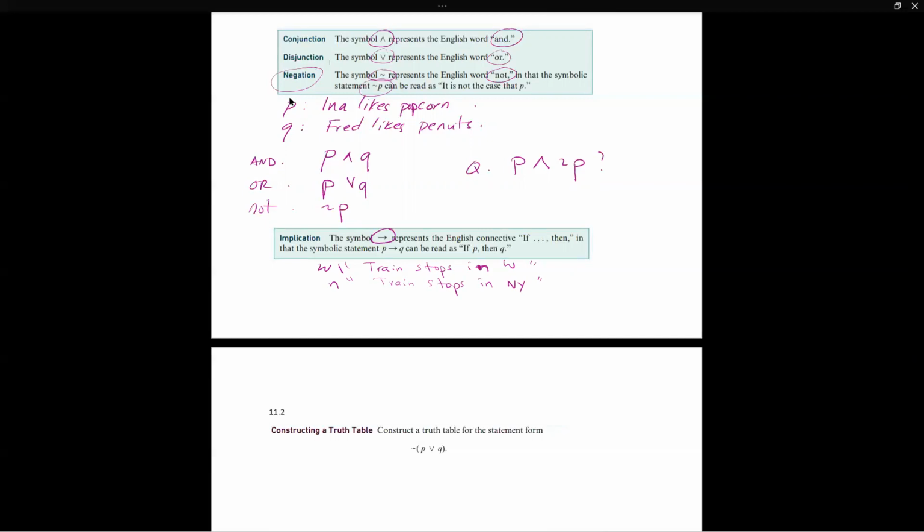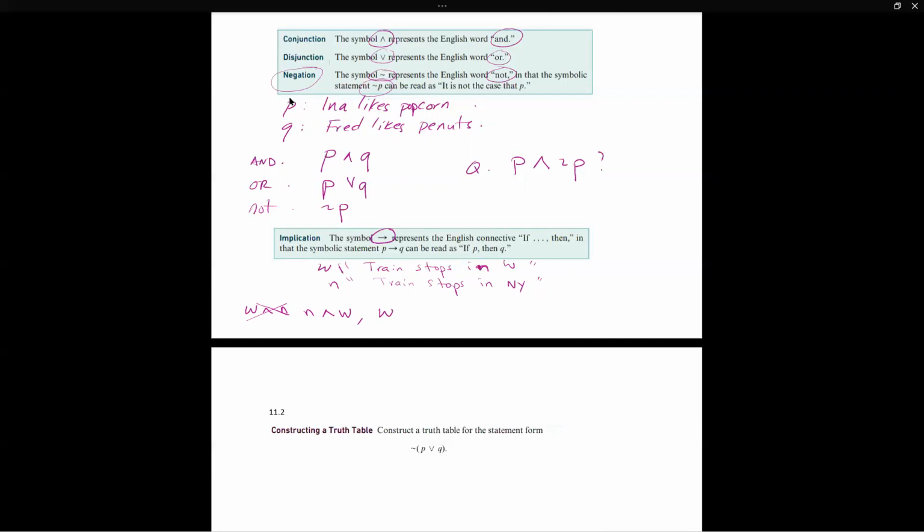So that should be no problem. But let's look here. I'll just point to something. I say the train stops in New York and Washington. So let's do it this way, just to make sure. All right, the train stops in Washington, but not in New York.